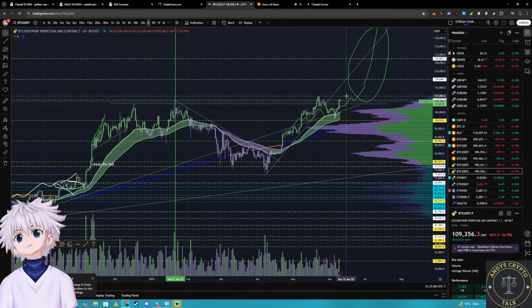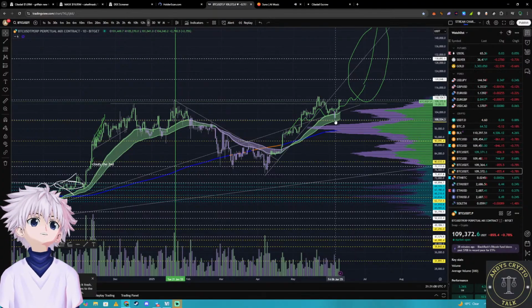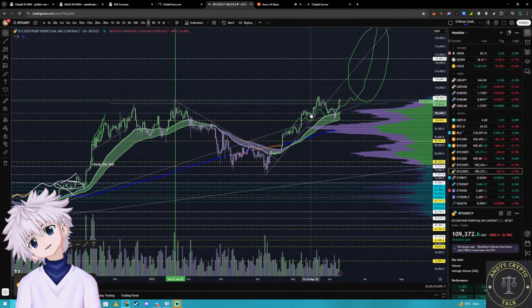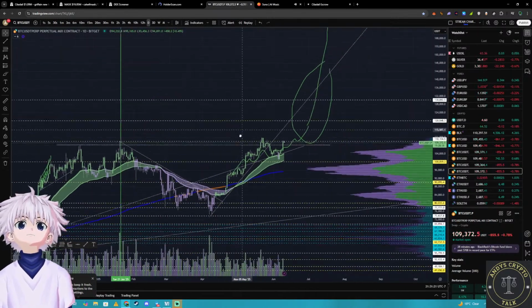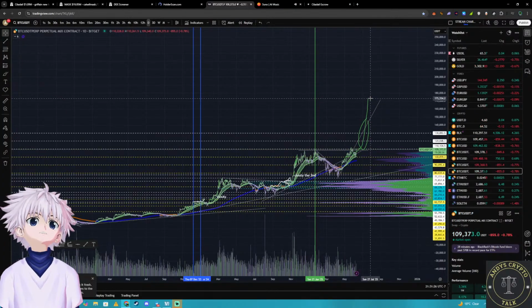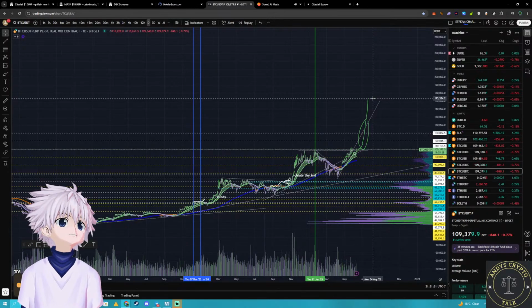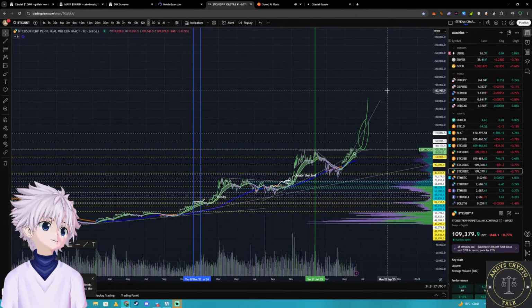You could even just wait that little bit out, wait until it breaks the all-time highs, and then decide. You've got a really nice stop here at around 100K if worse comes to worse. So I think it would be worth it to just go max long at that point. Just might as well, right? And then look for the higher targets. We're looking at 120, 130, but I have on my other charts marked out between 134 and 171 or 173-ish as kind of the next fib extension that I would look at